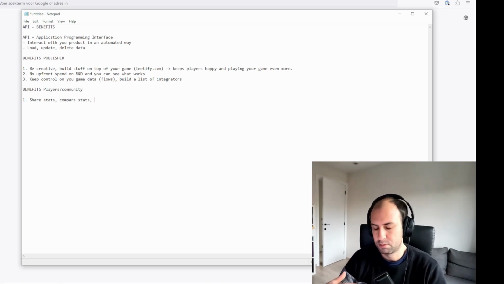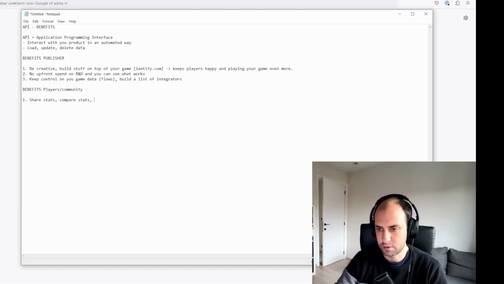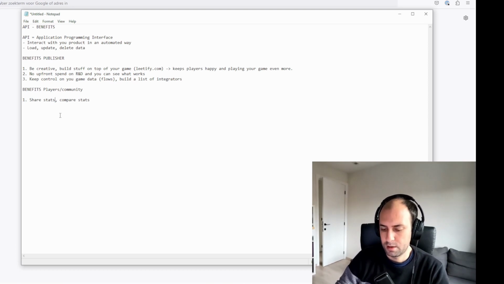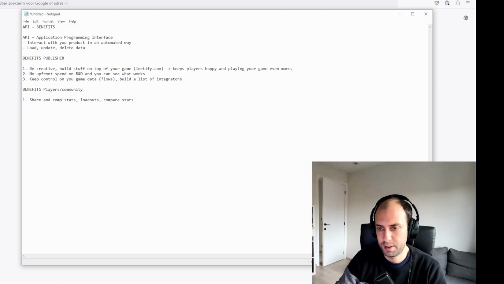Not really a system that I'm personally a big fan of, but it's really part of Call of Duty, so sure. But it just would be nice to be able to share and compare your loadouts in an easy way.